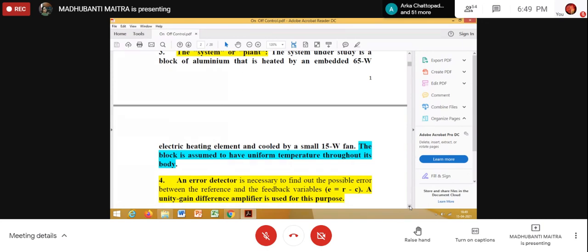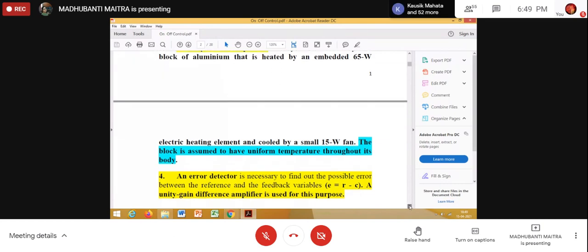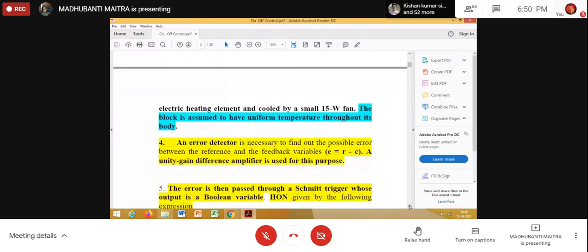Like, suppose the reference value is 25 degrees centigrade, then our control objective will be to maintain the temperature of the room from 27 to 23 degrees, right? The temperature will not decrease below 23 degrees centigrade and will not exceed 27 degrees centigrade. So we are keeping plus minus 2 degrees centigrade, that particular margin. So that will reduce the relay chattering, and accordingly the life of the relay will increase.